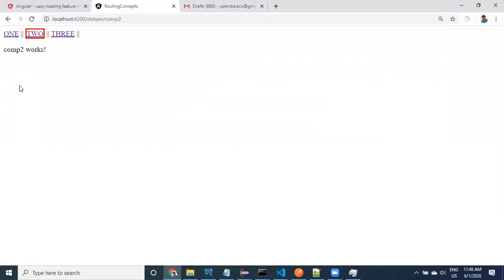The CSS can be anything. When we are working with Bootstrap and all, we usually take Bootstrap related stuff.